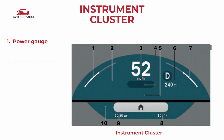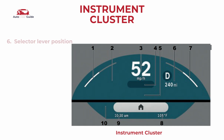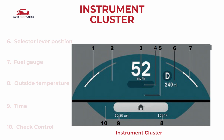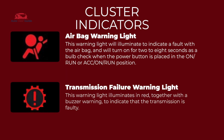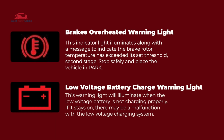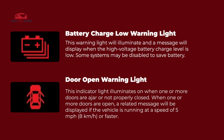Instrument cluster. Cluster indicators. Airbag warning light, transmission failure warning light, brake warning light, brakes overheated warning light, low voltage battery charge warning light, battery charge low warning light, door open warning light,